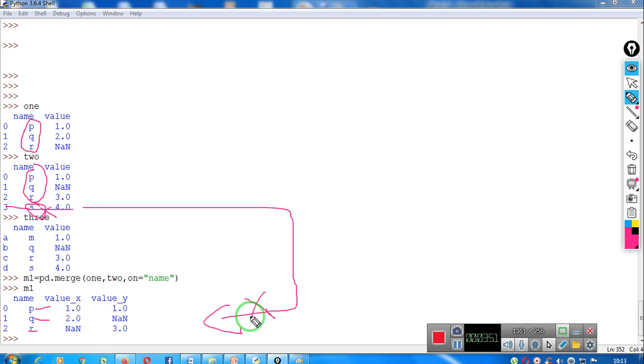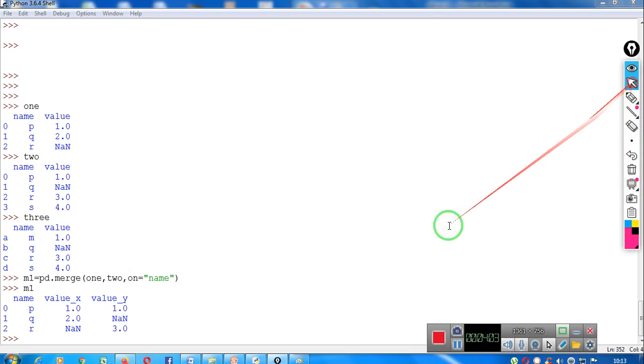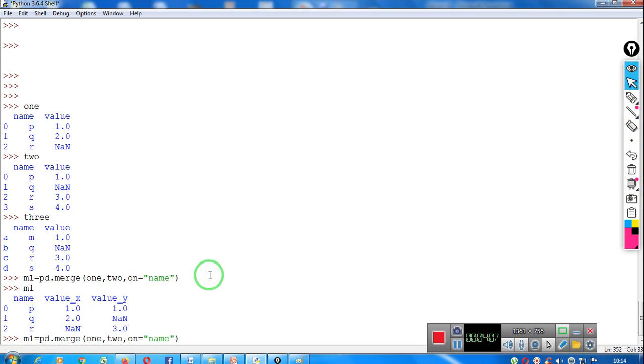Now as we are specifying name over here, that means it will merge the rows which have common values in the field name. But what will happen if I do not specify any name over here? That means I am not specifying a particular field name based on which we are going to merge. So in that case what will happen?